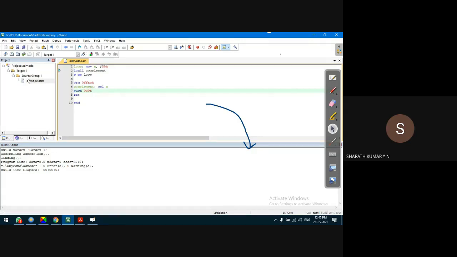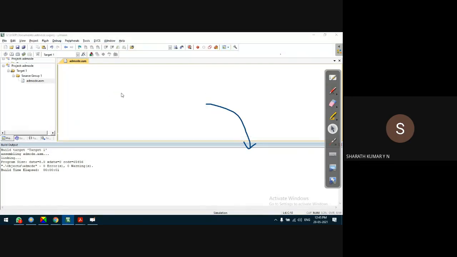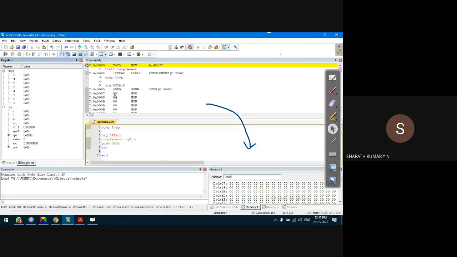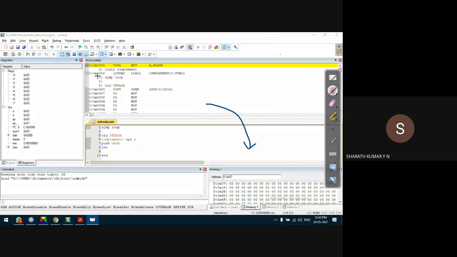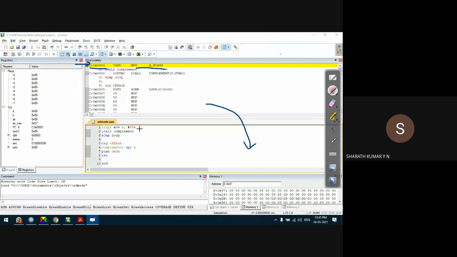Say the program, build target. I'll show you where the complement subroutine is stored. Let us look into those locations also. Debug, start session. Okay guys, if you observe, the program starts with the first address 0000. In this case, the MOV A first instruction is stored. We are not able to see the complete program, let me drag this a little lower. Here we go. The first instruction is stored at the starting address, and the second, LCALL, is also stored in the next consecutive addresses.